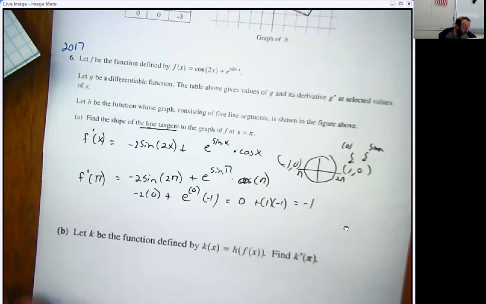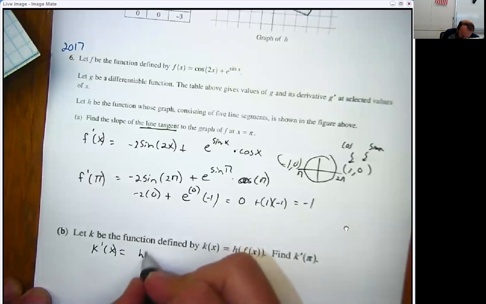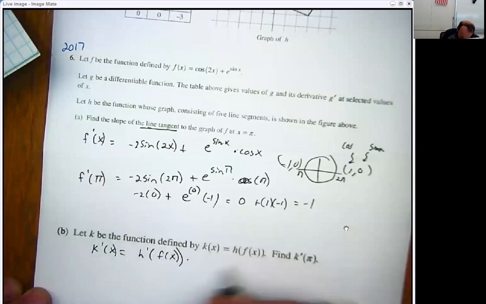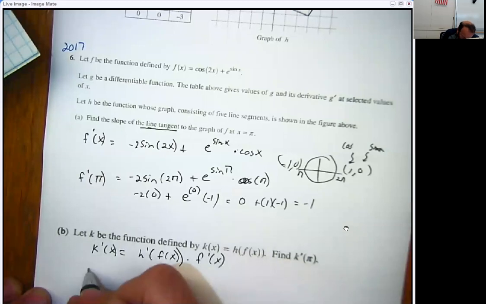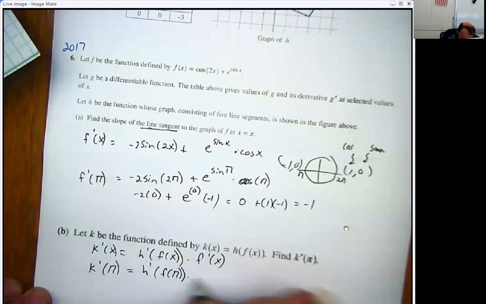That's our first problem. Now, moving on to this one. k is a new function. So now we have f, g, h, and k. My goodness, lots of functions. If we want to find k prime of pi, we need k prime of x first. So k prime of x, this is a straight chain rule problem. It is the derivative of the outside function times the derivative of the inside function. So k prime of pi is h prime of f of pi times f prime